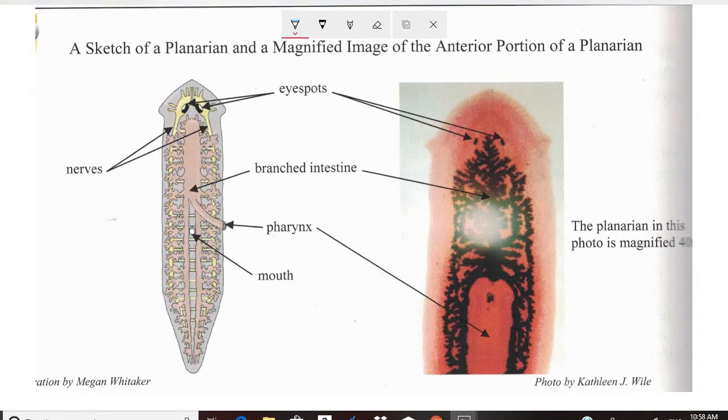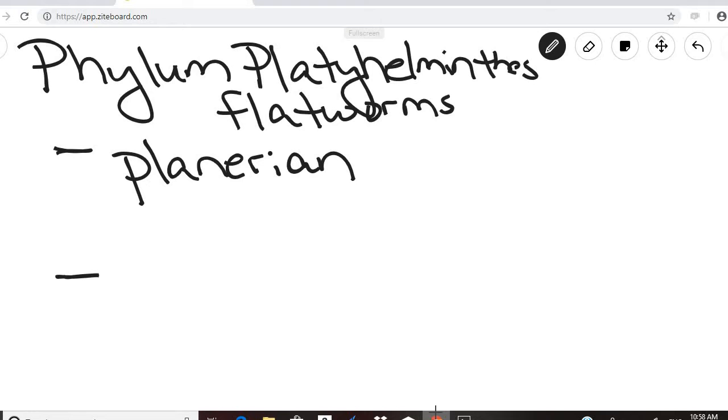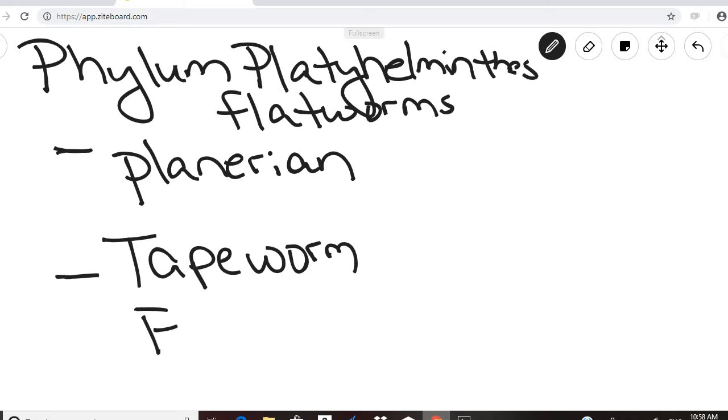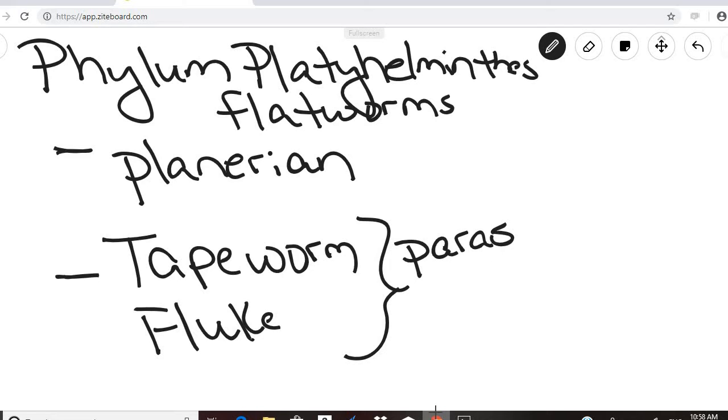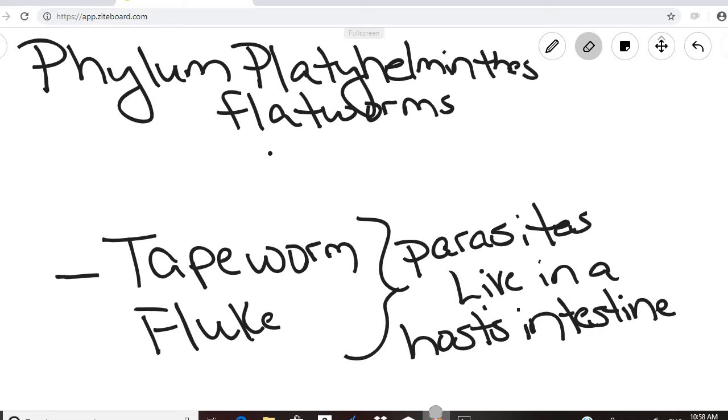Okay, then the other member of phylum Platyhelminthes that I want you to be aware of is a tapeworm, or another one is a fluke, and these are parasites. So they live in a host's intestine. And because they live in the host intestine, they do not have their own digestive system because they don't need it,